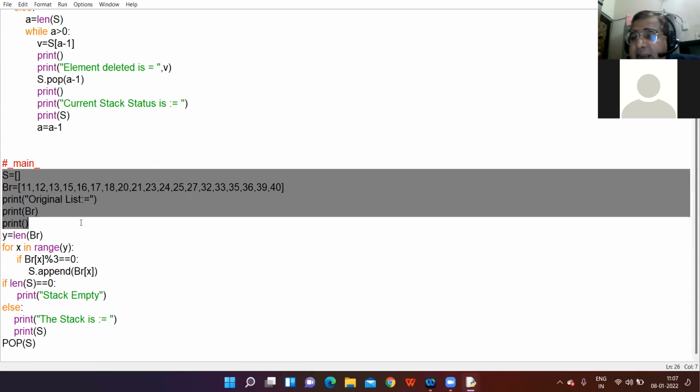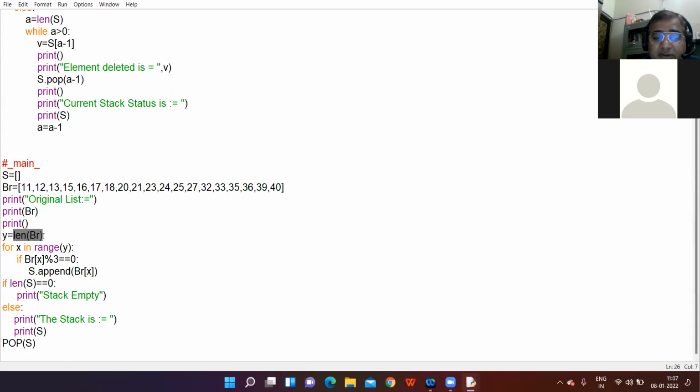So up till here, the question is exactly the same. I initialize the list. I print the original list. Find out the length of the list and transfer the length to variable y. Run the for loop up till the length of the list. The value of y is 19. Let me ask you one question. I know everybody might be knowing, but still I want to ask this. I have shaded y. What values will y take here?